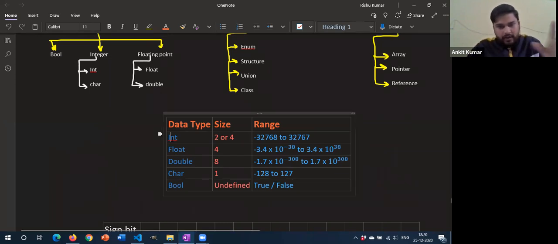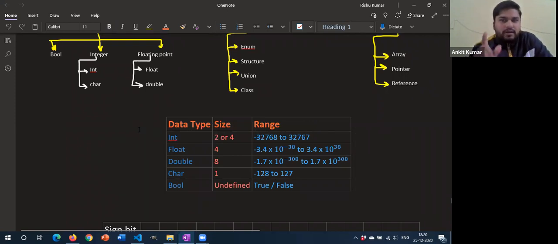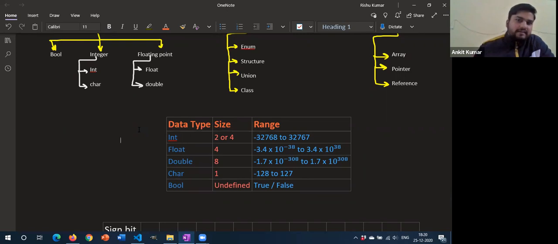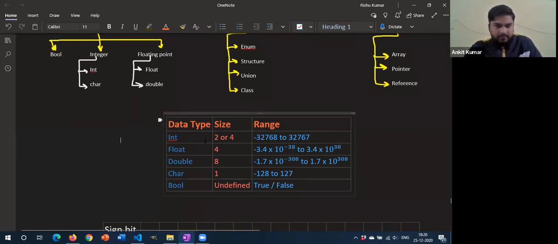So let's talk about int. Int can be either of size 2 bytes or 4 bytes. How can it be of two different sizes? If you have heard about Turbo C, which runs in the DOS shell, it treats integer as 2 bytes, whereas nowadays any compiler that you use has integer as 4 bytes only. But in my explanation, when I will be explaining things, I will treat integer as 2 bytes only, because that is easier for me to draw the diagrams and do the calculations.